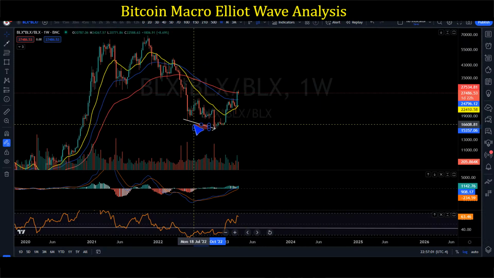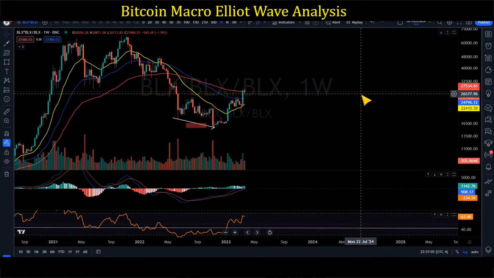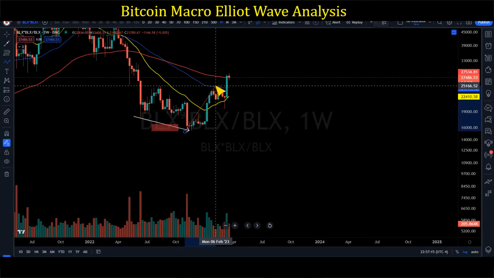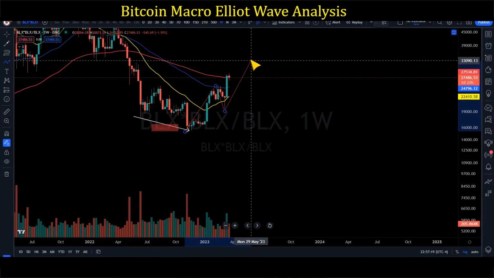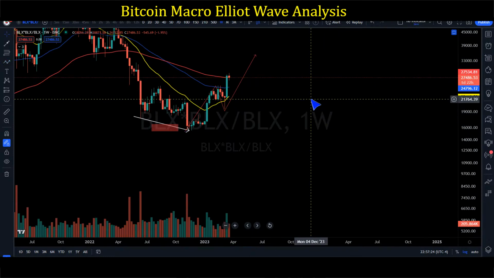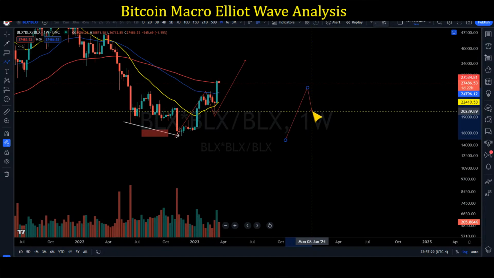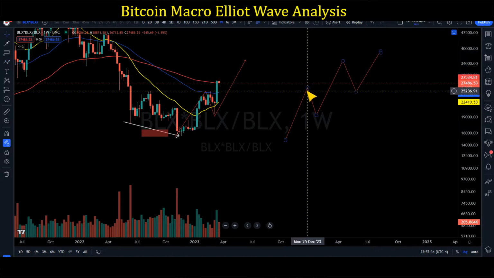So now what are we looking for in terms of wave? What I'm looking at right now is this wave we just got. This could have been our wave 1, and this could have been our wave 2, and we could be looking for our wave 3 to the upside. Most of the time what I tend to say, and other analysts also like to use it, is your wave 3